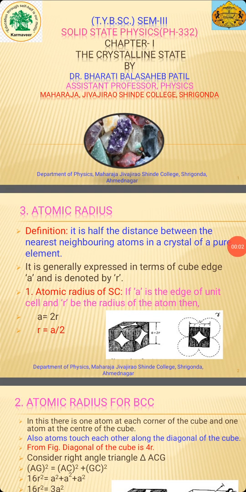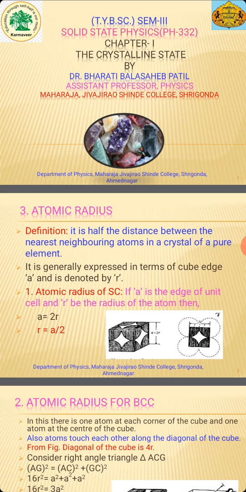Hello all. Today we are going to see our next characteristic of cubic crystals, and this is nothing but atomic radius. If I ask you to define atomic radius, then you might define it as the radius of an atom. It's also correct, but when we deal with the crystallography chapter, then one should express the atomic radius of the material or the element in terms of its lattice parameter